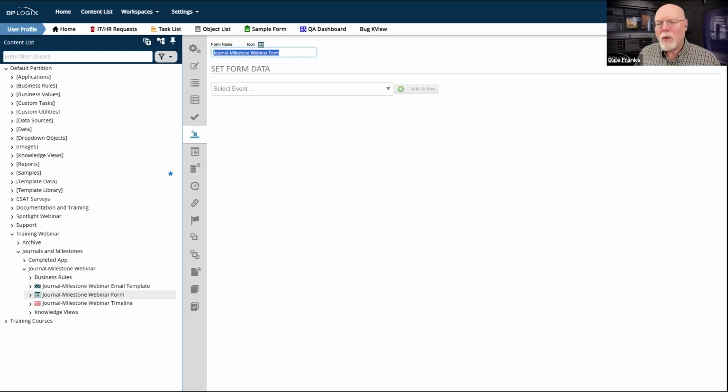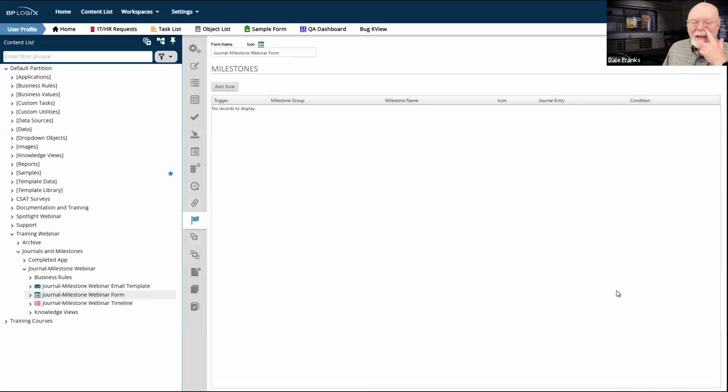So this is one of those times where we don't really think about this from a technical level, but what does it mean to the end user? What sort of progress updates would we need to supply to the end user? And milestones enable us to do that. So every object in process, well, at least the process timeline and the form, they have a milestones tab that enables us to generate these business type of status updates for our end users.